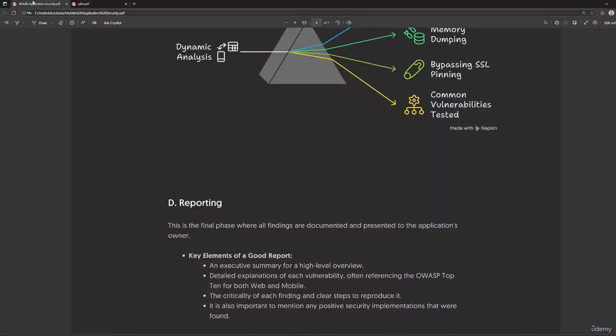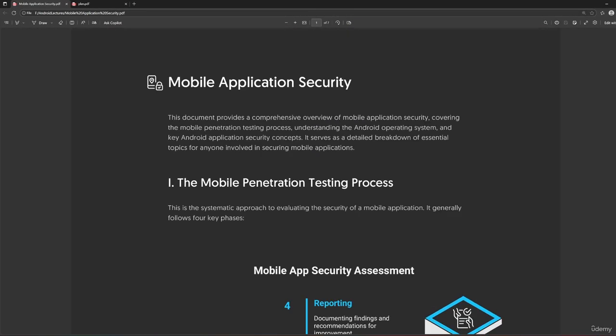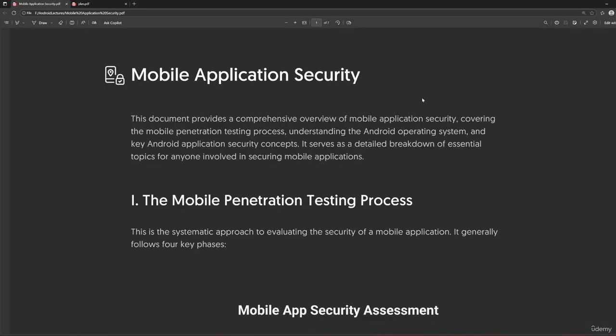So if we come to our course and our detailed security lesson, like I said, this is the basics, and we are doing, however, it does not